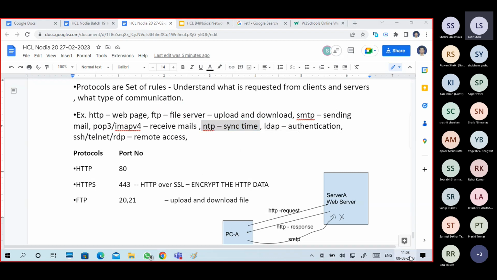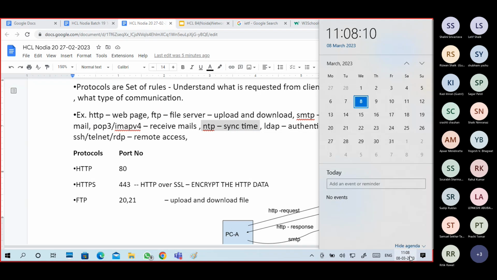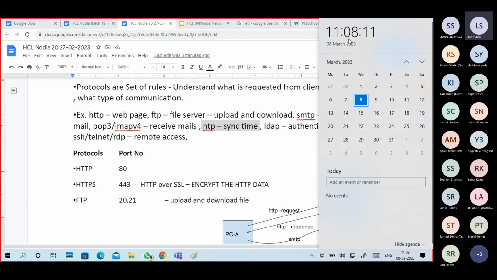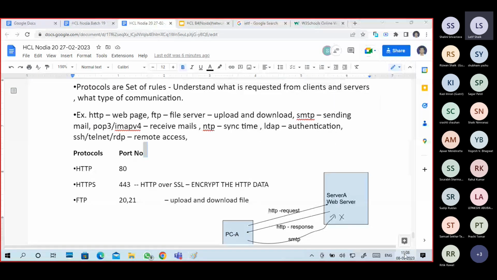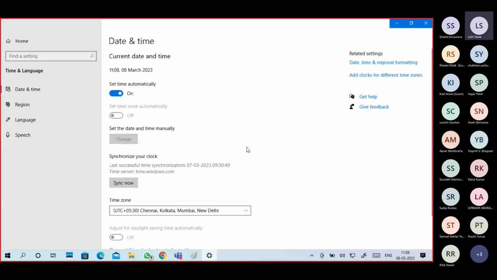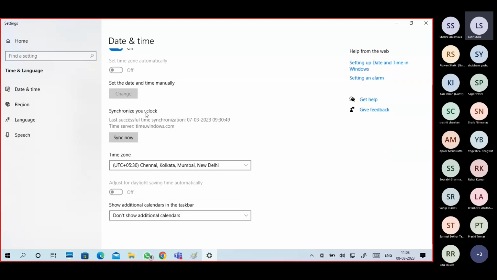See, I will show you that one. Adjust date and time. It goes to my settings. In that one, synchronize your clock with time.windows.com.